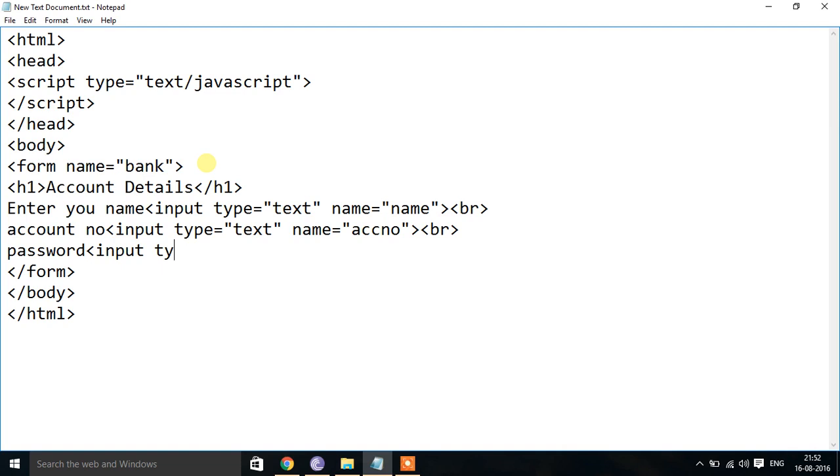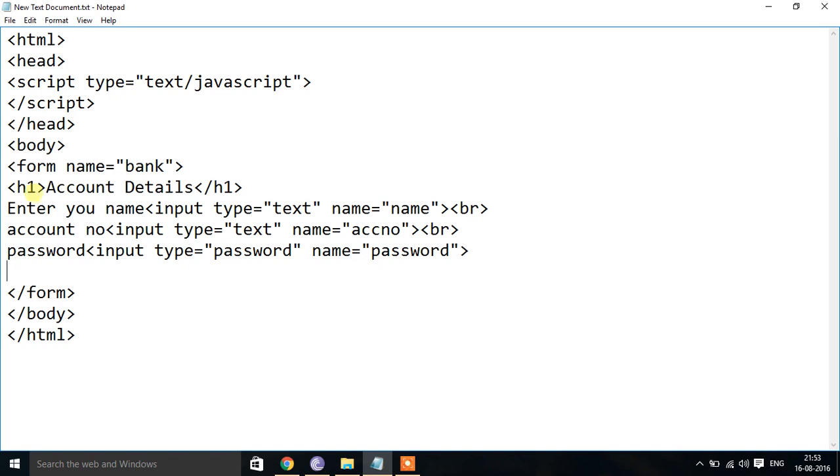Input type equal to password. You should not put input type equal to text, because when you type something in a password field, the text should not appear. It should be in the form of dots. So we have to give input type equal to password and name equal to password.